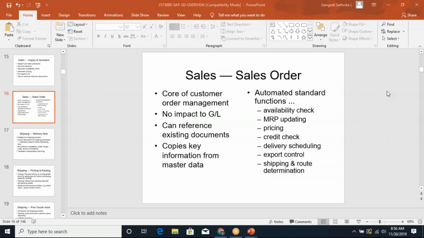So while creating the sales order, what happens? You can say the sales order is the core activity, or the core functionality, of order management, or sales order management: creating the sales order. And when you create a sales order, okay, I just wanted to inform you